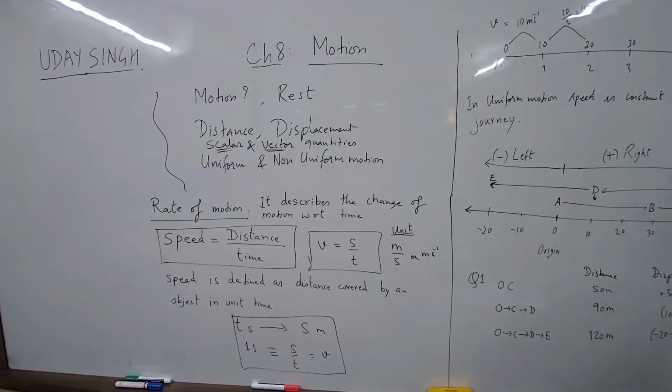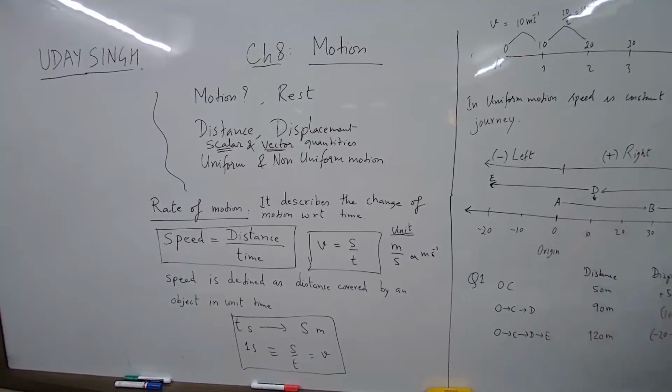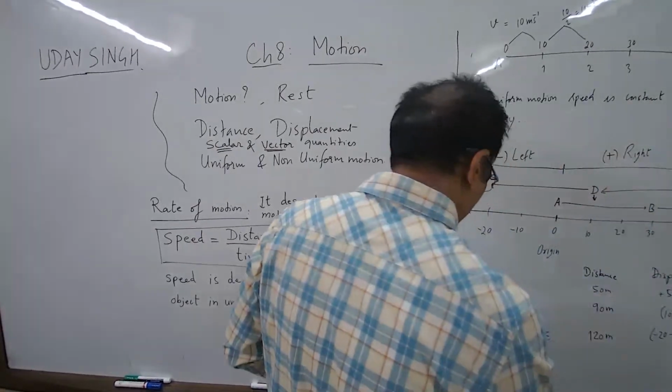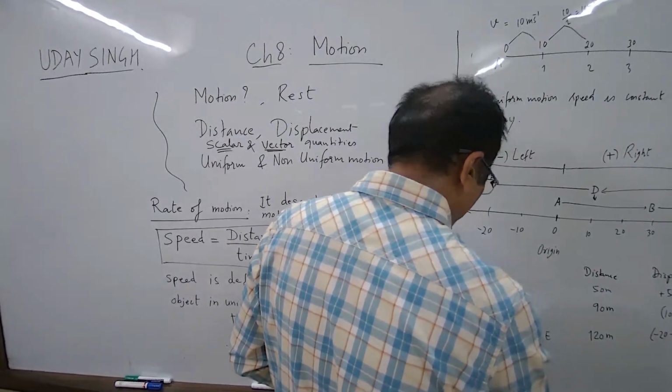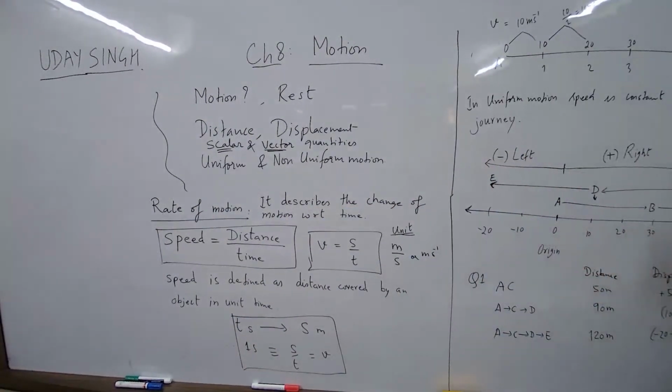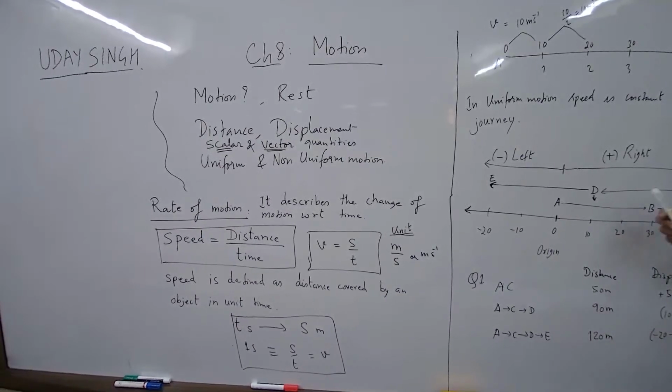Sir, can you explain that again? Which one? The last point. So the body is starting its motion from point A. We don't write O, it was A, right? It will start from A. From A it travels to C by traveling 50 meter. We are now calculating distance. Then from C it is going back to D. So C to D how many meters?